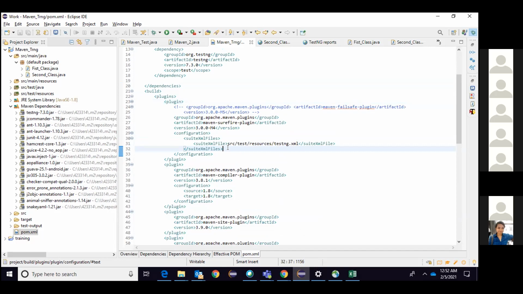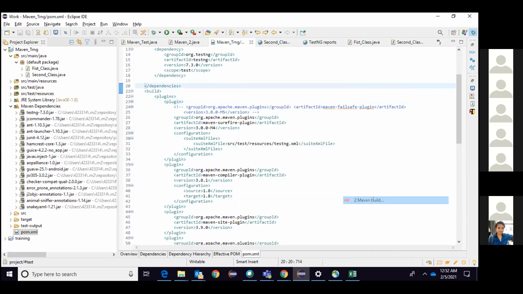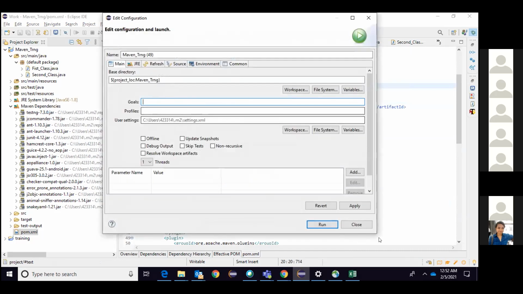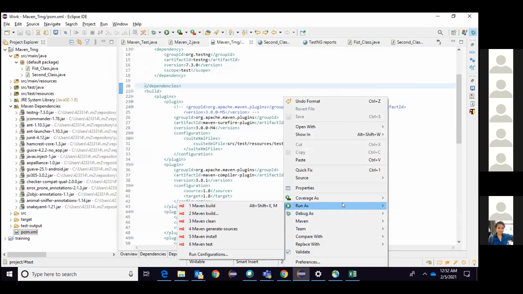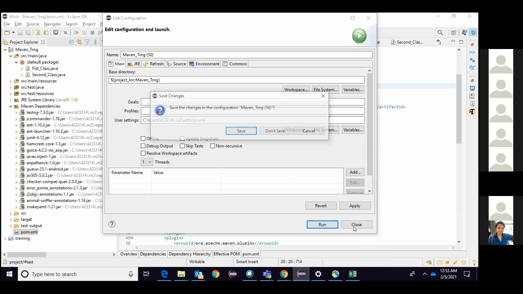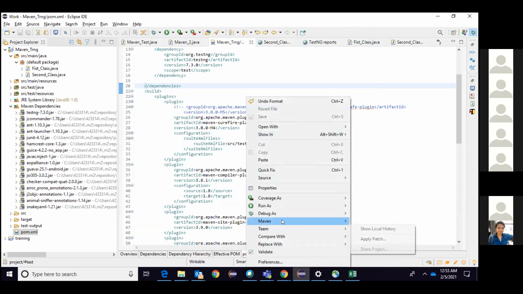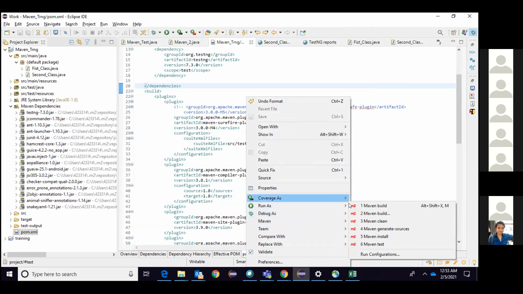Okay. Before coming to your question, I have one more point to tell you guys. Basically, to run this, I am going to the Maven build and writing all the goals here, right? But a few things are available here: clean, generate resources, install and test. Why are these available, and why do we need to go inside and write it here? Because the Eclipse IDE gives a few handy options which people frequently use, like clean, install, test, and generate resources.